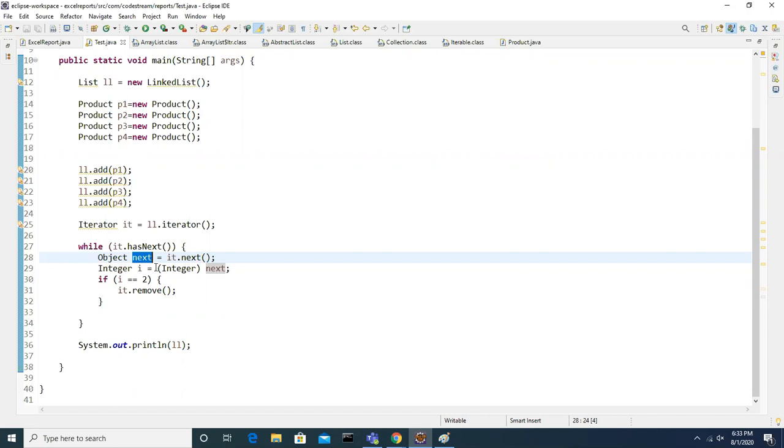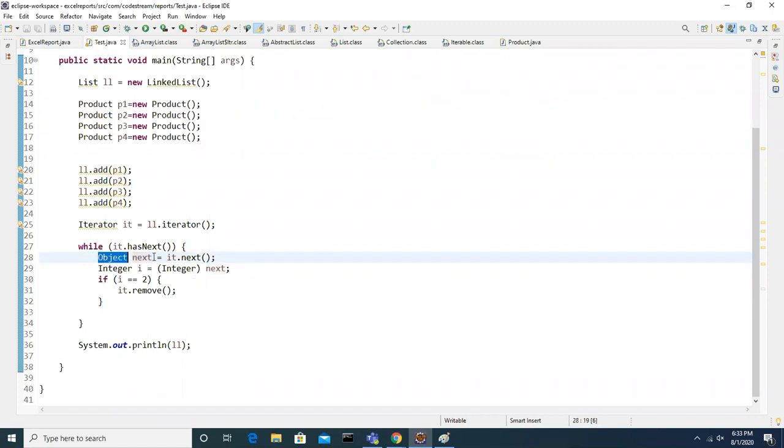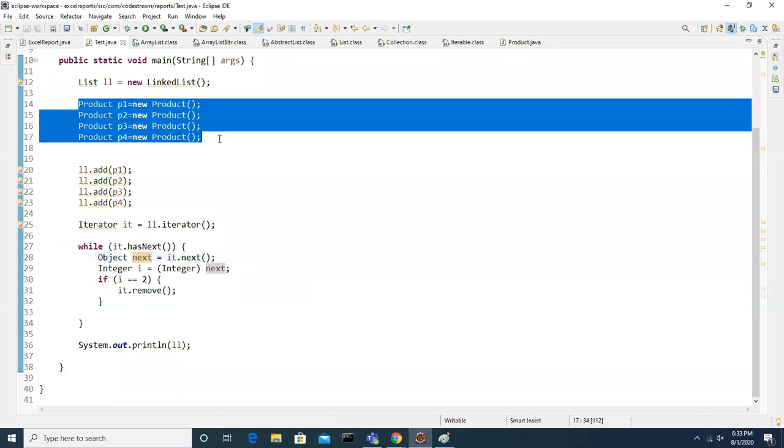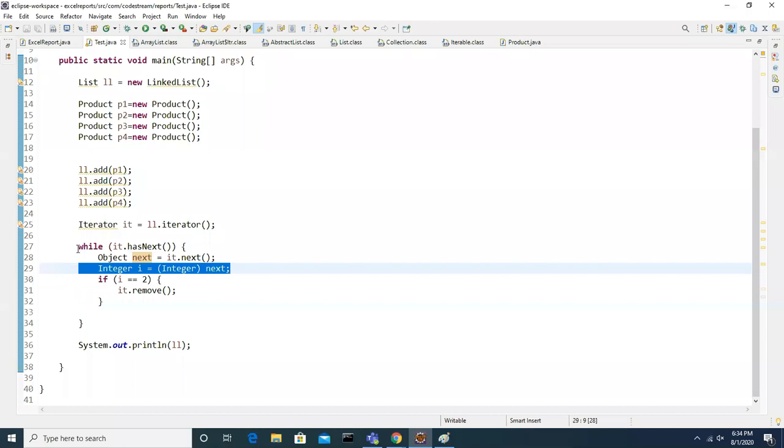Yes, it can store all kinds, as it is an object reference, it can hold anything. But in our example, we are already adding a product object. While iterating, the it.next method will return what type of object? Product object, yes, sir. Generally it will come dynamically, but as we are adding product objects, we know it will return a product object. But what are you doing in this line?